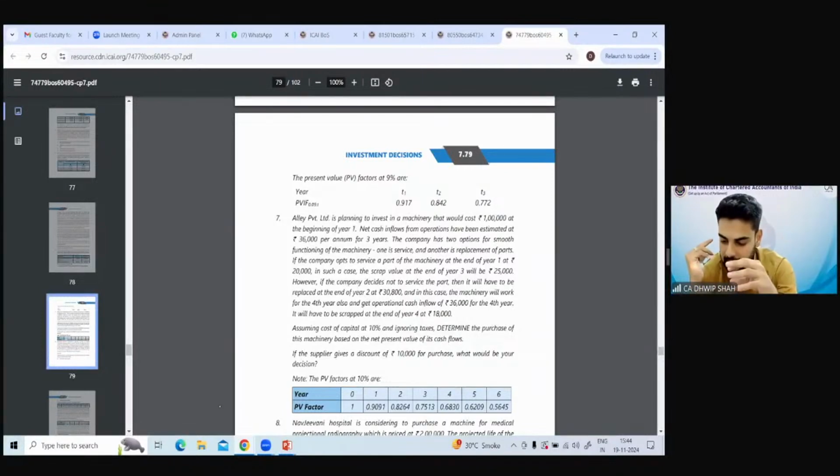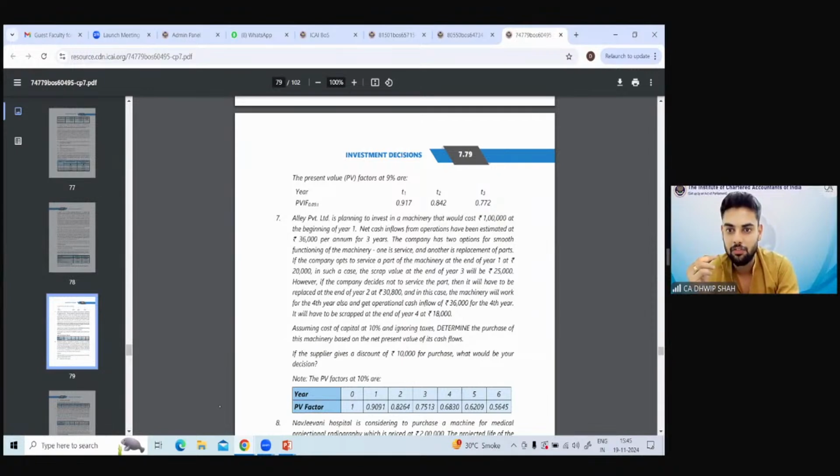Now, if the company decides not to service but to replace, then it has to be replaced at the end of year 2 at a cost of 30,800. Okay? And in this case, the machine will work for 1 more year. So replacement of the part will result in the machine functioning 1 more year, and that additional year would also generate an inflow of 36,000. It will have to be scrapped at the end of the 4th year for 18,000. Assuming the cost of capital is 10% and ignoring taxes,